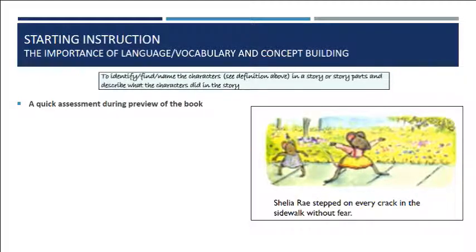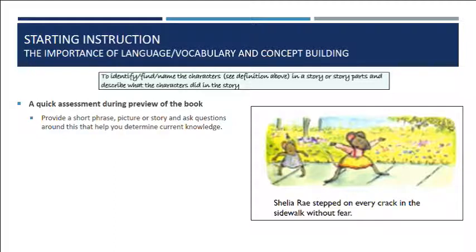So when starting a new story, it's always important to preview the book with the students. There's some predictions you can do, but you can also do a quick assessment while you're doing the preview to kind of assess where the students are in regard to the language, vocabulary, and concept building. So you could provide a short phrase, a picture of the story, like we have up on the screen here, where Sheila Rea stepped on every crack in the sidewalk without fear. Now that came directly from the story, but you can certainly modify that to have it make sense for your